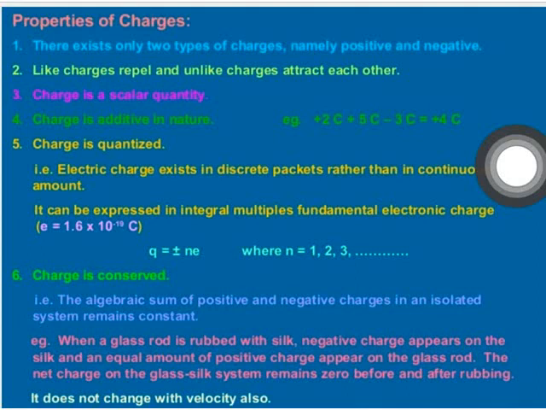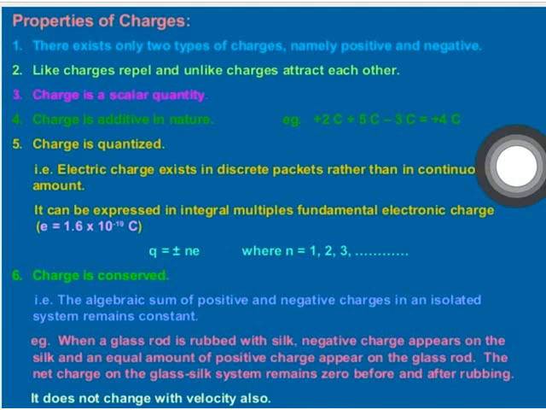Now, let's study about the basic properties of electric charge. From experiments, it is observed that the electric charge has three basic properties. Number 1, additivity. Like mass, electric charge is a scalar quantity. Just as the mass of an extended body is the sum of the masses of its individual particles, the total charge of an extended body is the algebraic sum of all of the charges located at different points inside it.